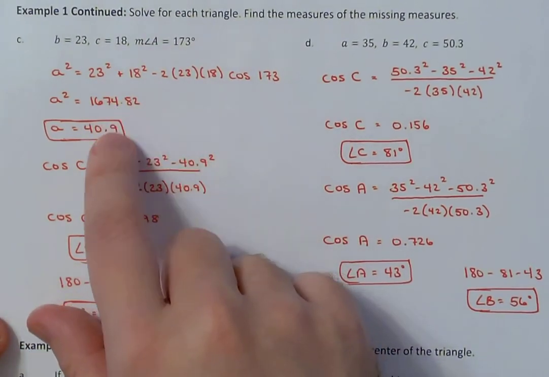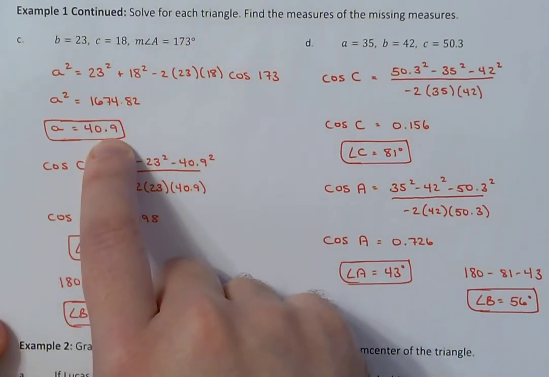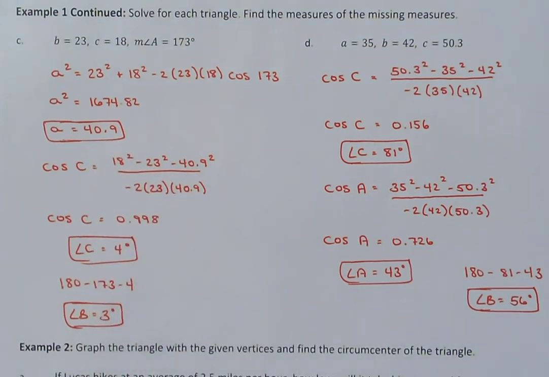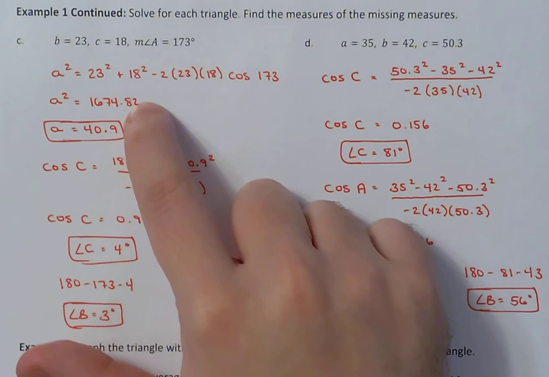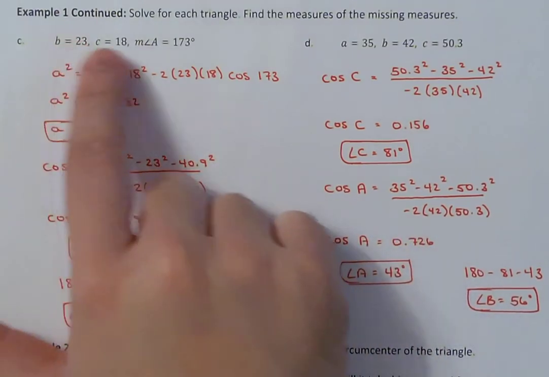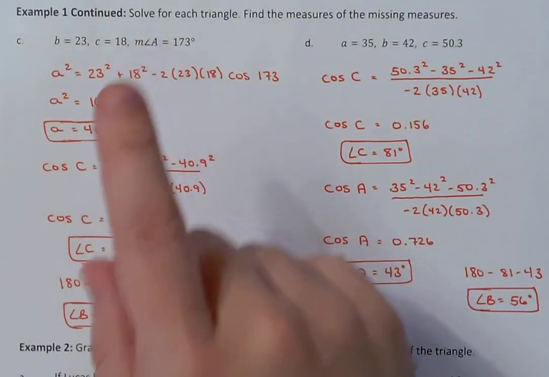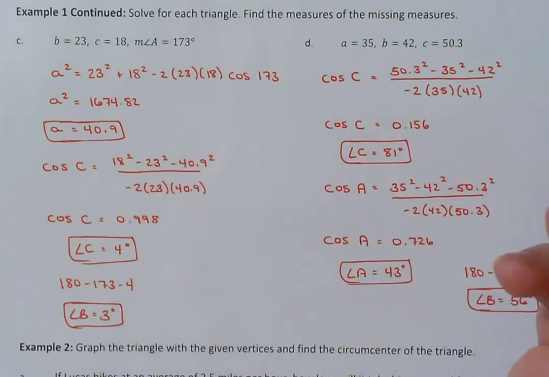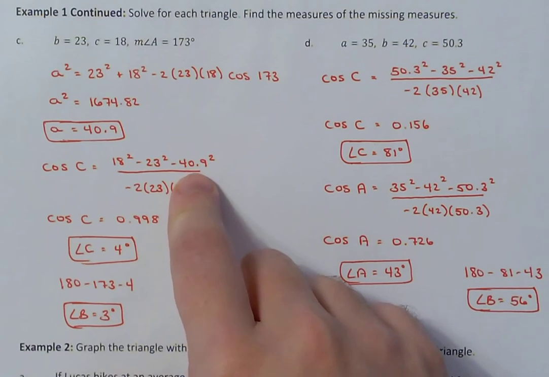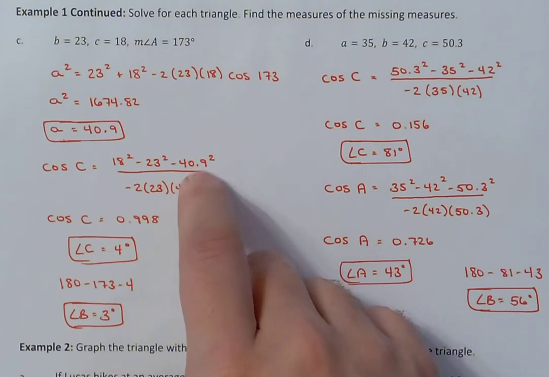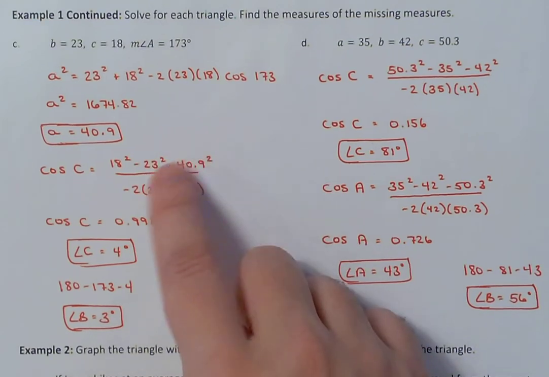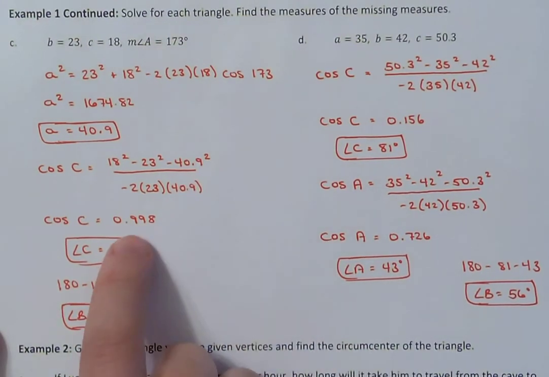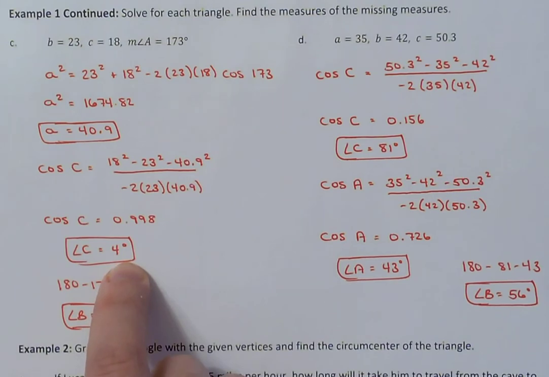Plug it all in, take the square root, and you would get the measure of A to be 40.9. Once you know all 3 side lengths, A, B, and C, we can go through and figure out the measure of angle C or B by using the variation of the law of cosines to figure it out. Plug all that stuff in, all 3 side lengths, then take the cosine inverse, and we find that angle C